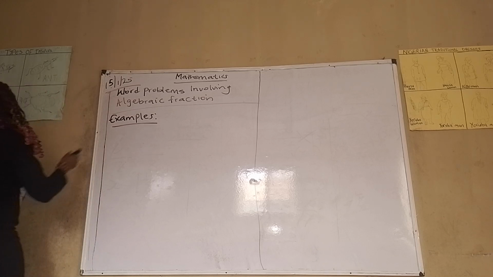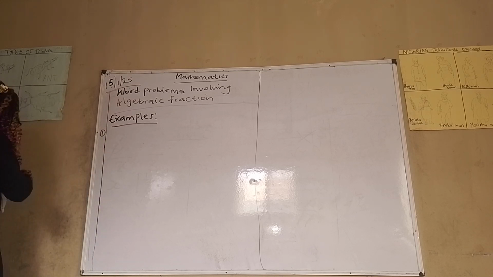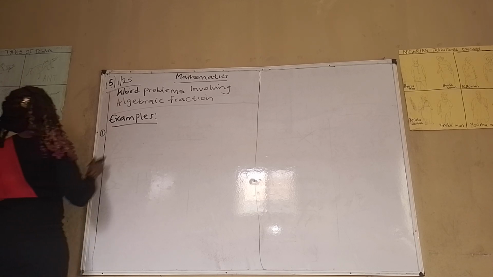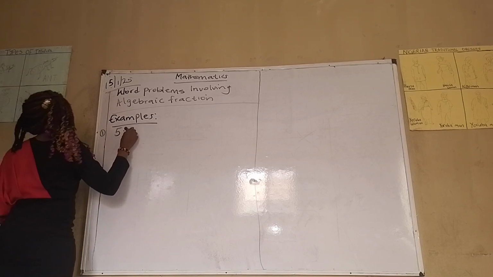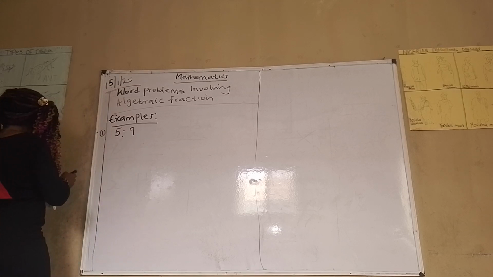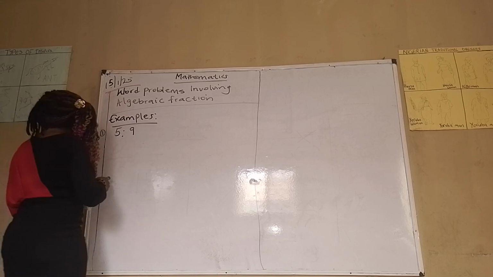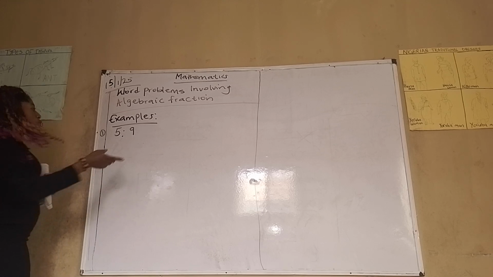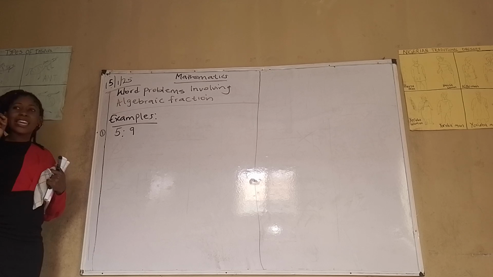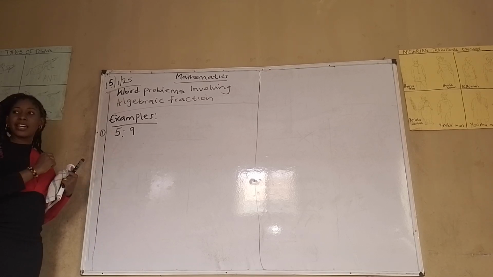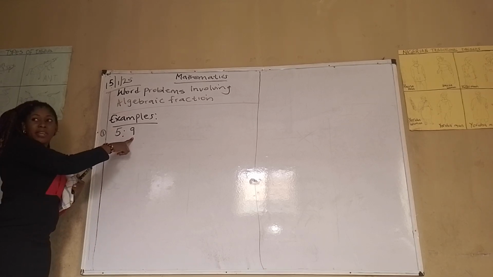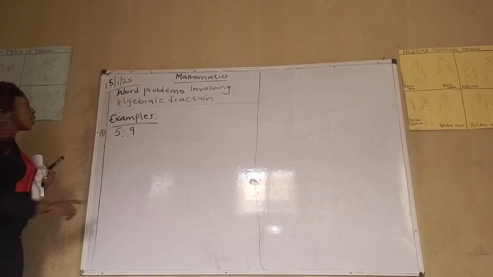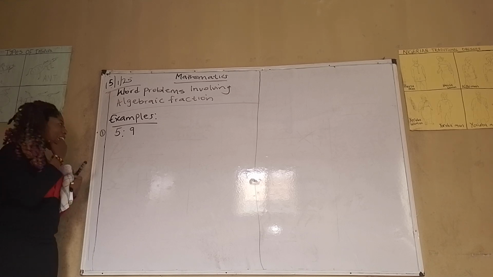let's solve some examples. Number one here, we have that the ages of two girls are in the ratio 5 to 9. It said if the older girl is 18 years, how old is the younger girl? Two girls in ratio 5 to 9. If the older girl, so from these two ratios, which one is bigger? So this should be the ratio for the bigger girl, right? We were told that the bigger girl is 18 years old, but we should look for the age of the